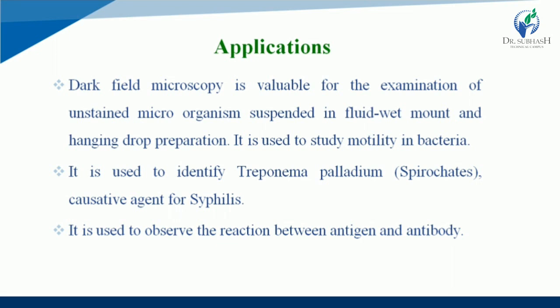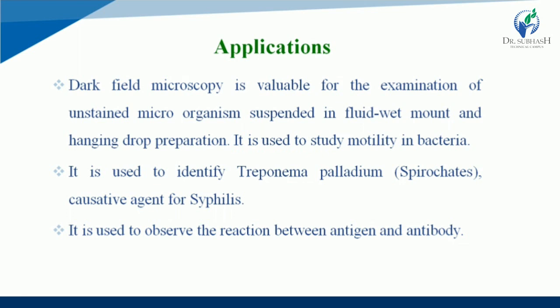So what is wet mount preparation? A sample is prepared by placing a drop of microbial suspension on the slide, and the slide is covered with the help of a cover slip. The cover slip is placed in such a manner that air does not remain entrapped between the slide and the cover slip. A wet mount can be observed with dry or oil immersion objective of the light microscope.